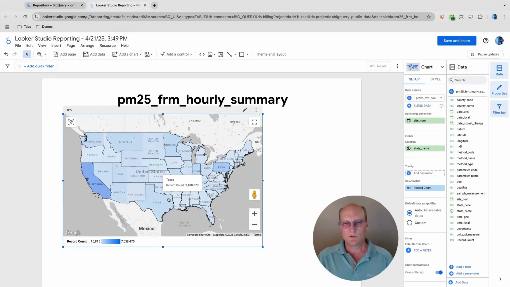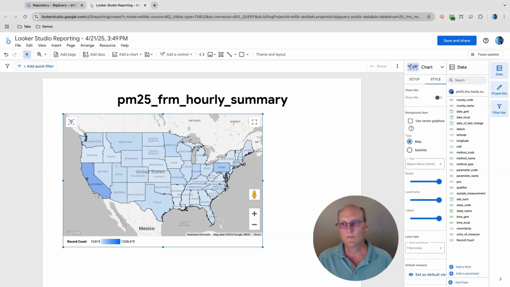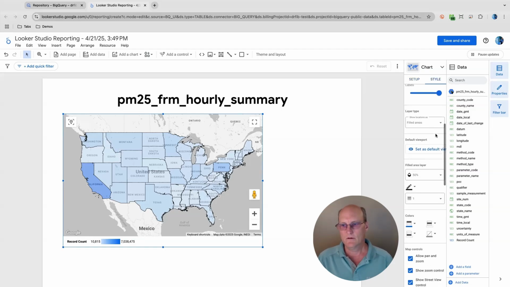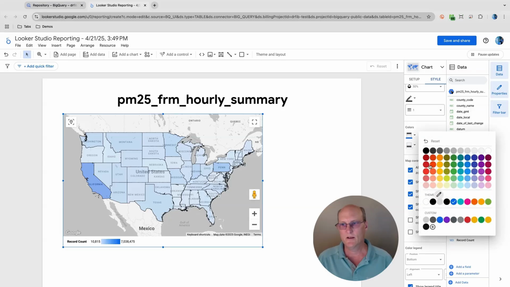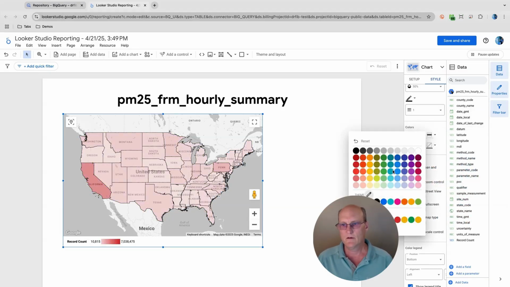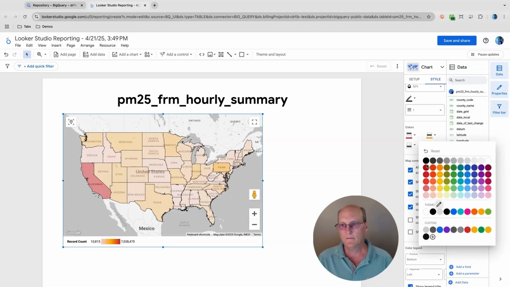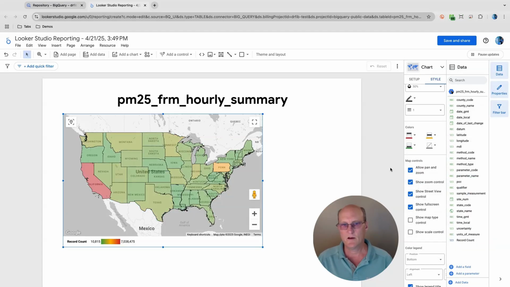Wouldn't it be nice if we could do a green, yellow, red kind of color coding like we did in Google Sheets? Yeah, let's do that. So for that, we're going to click on the other tab, which is Style. All right, so scroll down a little bit. We have some colors we can use. So let's just make it red, yellow, and green. And it's automatically choosing for us the ranges of the colors just based on the whole color scale,